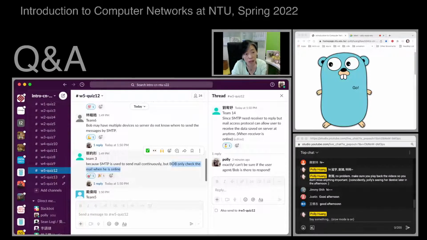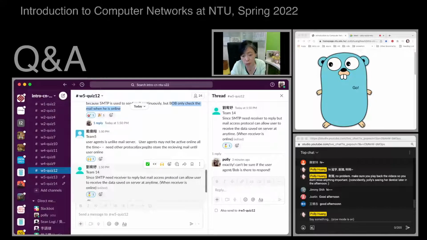Bob will only check when he is online or when he feels like reading the emails. It's not like Bob can stay there all the time. And you see, Youyu was very clear saying this. If you recall, SMTP uses TCP, establishing a TCP connection before sending the email. So how do we create a TCP connection? The sender and the receiver, the client and the server side, need to be online in order to maintain that TCP connection, right? So if Bob might be there, might not be there, how do you keep that connection open so that I can send emails?